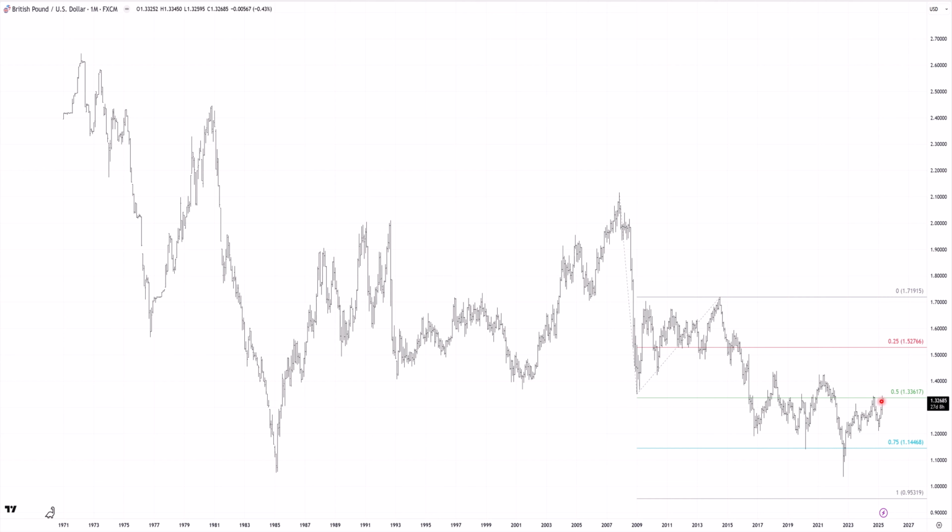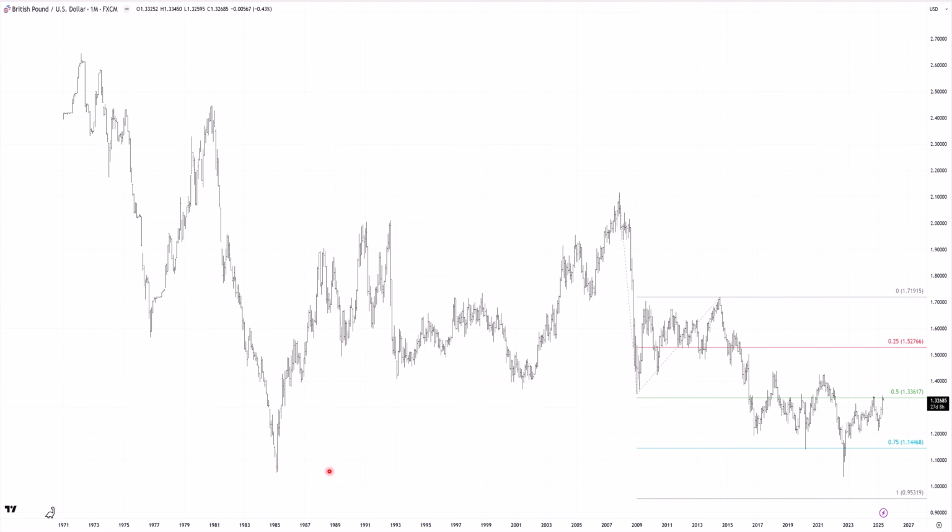Now, I think that's going to go through. And if it does go through, that's a great sign that these double bottoms are going to hold. And there could be quite a good upside on the British pound and, of course, those other currencies against the US dollar. However, if we do stop at this level and start turning around, we may be going down to break that low. So as a trader, what do I do with that?